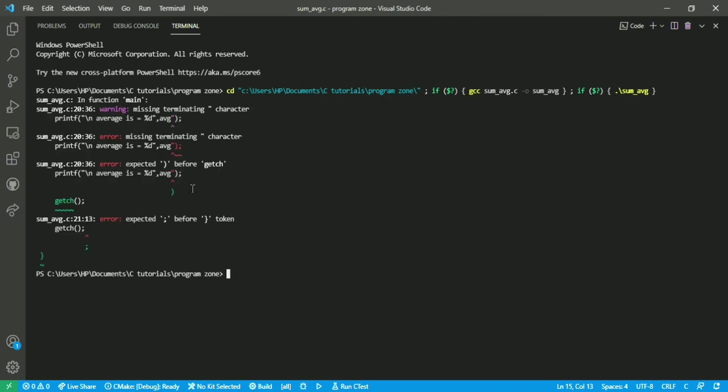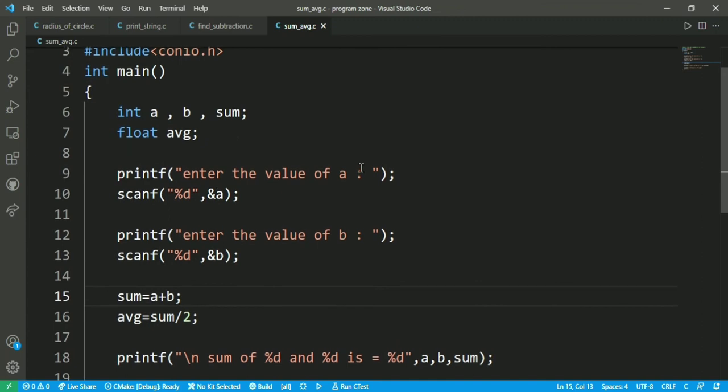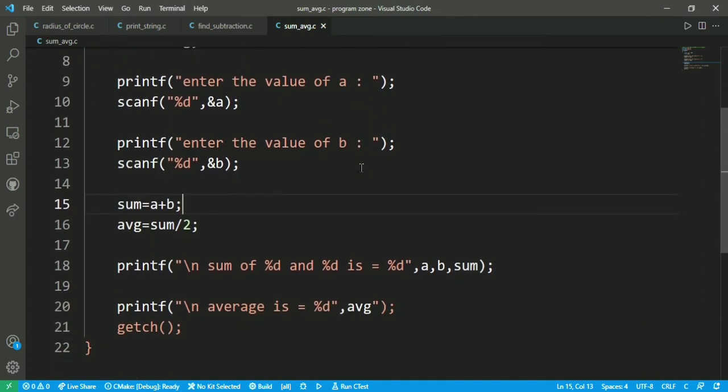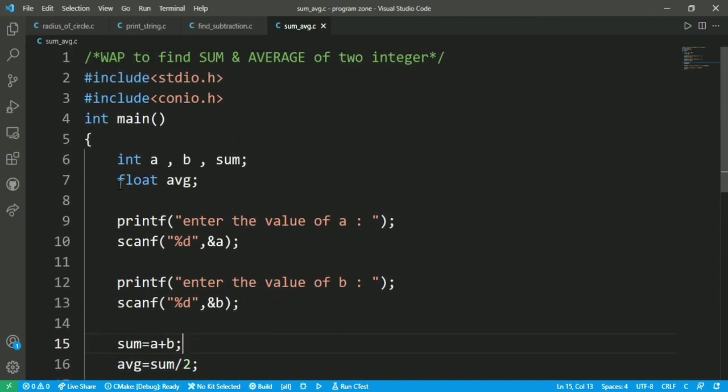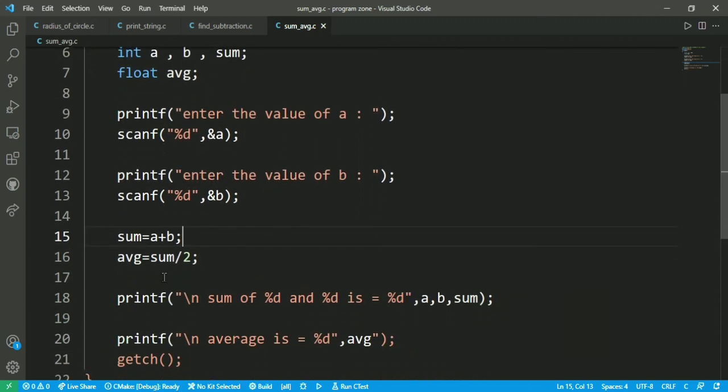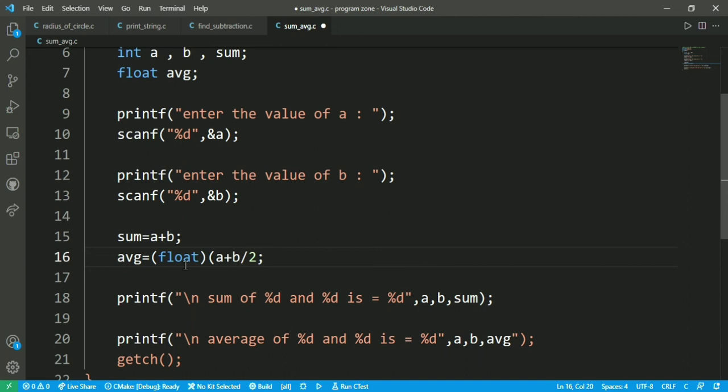Something is still missing. I have to make it a float variable first, and then a plus b. I think it is correct.